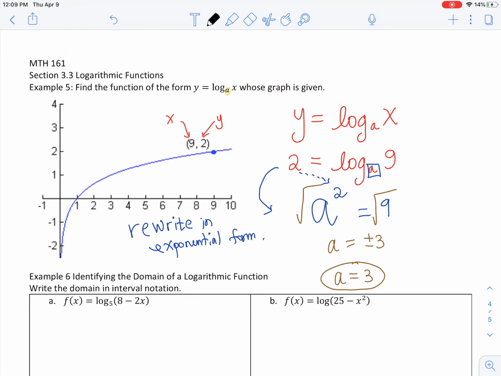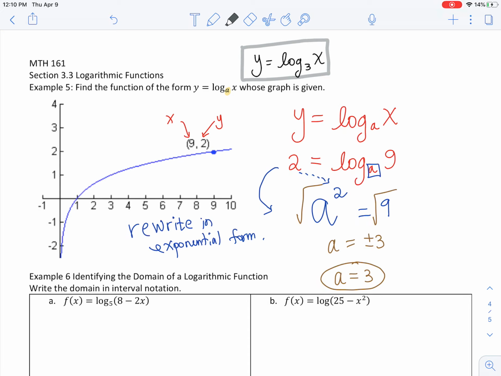Let's write the final answer, okay? So the equation is y equals log base 3 of x. So that's the answer, y equals log base 3 of x. And we found that by rewriting the logarithmic form into an exponential form. Yeah, this is a very fun problem to think about. And I know you're going to see some of these problems on your Alex homework, okay? All right, now,